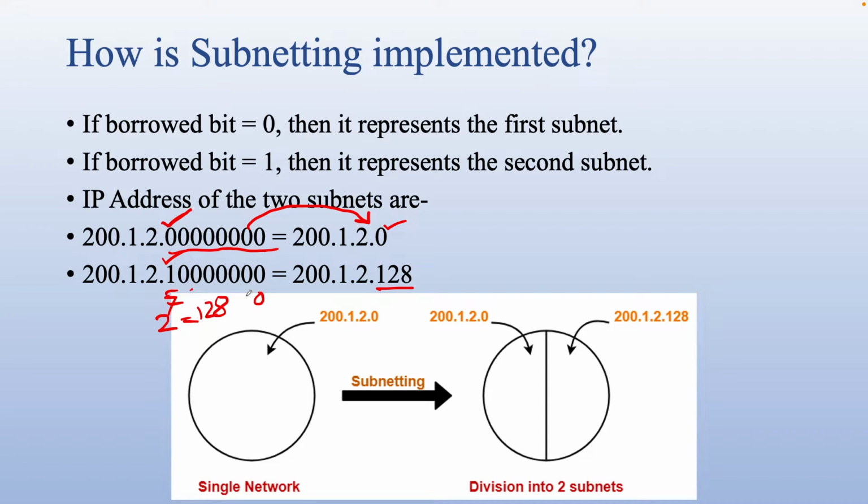So in subnetting, I have divided this single network into 2 parts by taking the first bit as constant in the host ID part. I have given this first bit in the host ID part to the network part, right? By borrowing the host ID bits to the network part. Remember this.